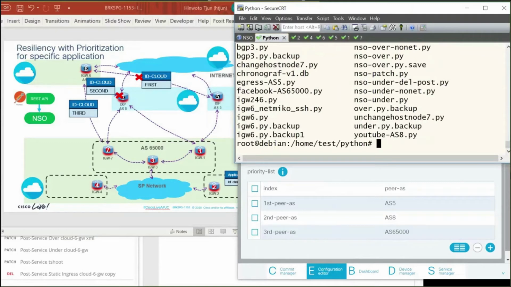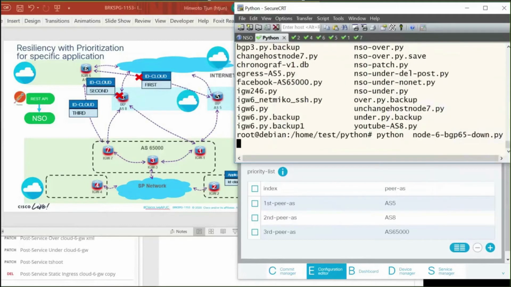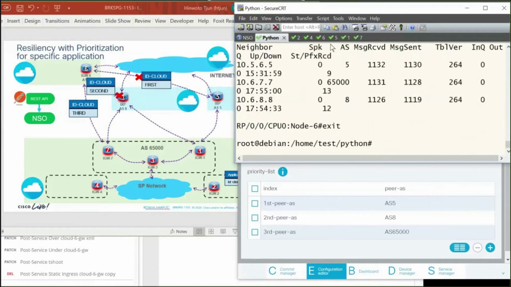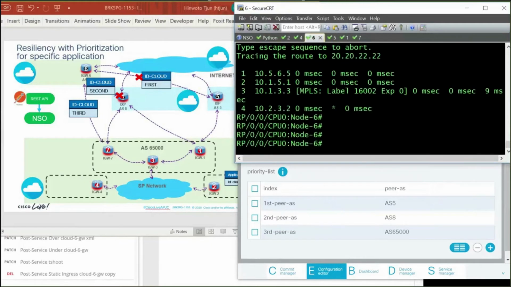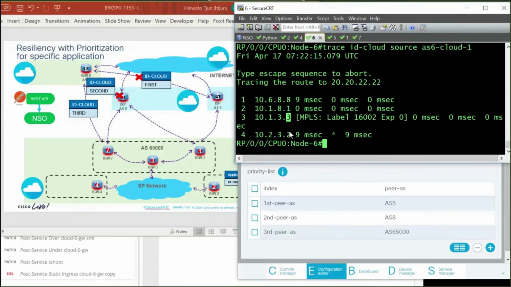Okay, Python, BGP 6.5, okay, download this. BGP 6.5, okay. Sending the shutdown script. I think it's done. Let's see the outgoing session again. I expect it will use 8 now instead of 5 or other. Okay, let's see then. It will go to 8 again, right? 8, 1, 3, and 2. Okay, we have